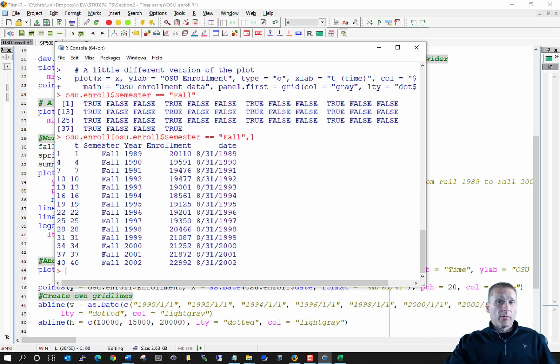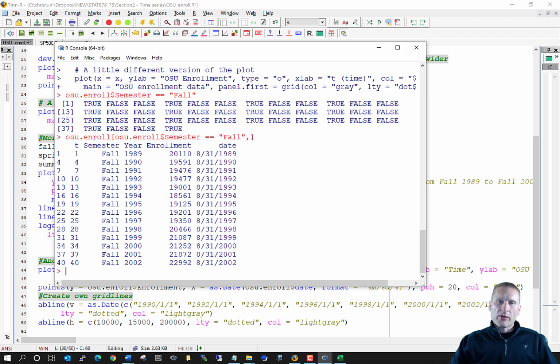So this is the simplest, the most basic way in R that you can extract part of a data set. You use that row where you would have a row designation if you were to look at the data frame in terms of rows and columns. If that's not familiar to you, please go back to my Introduction to R set of videos. So for my rows, I just want the false.